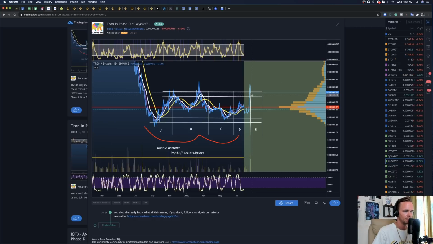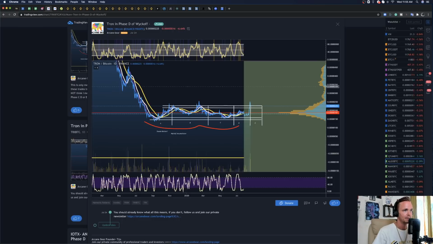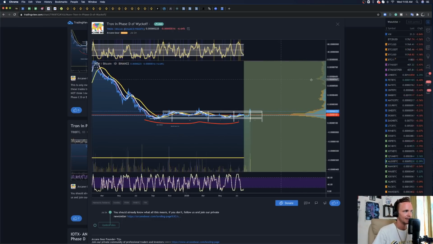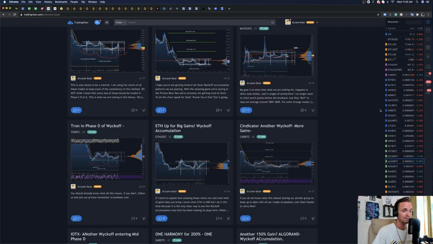Now we're moving in for our final backup, and this is again likely going to create a big move out to this first area of volume resistance and secondary area as well, which is what we've seen multiple times, not just in Cardano. But let's take a look at Zilliqa again.